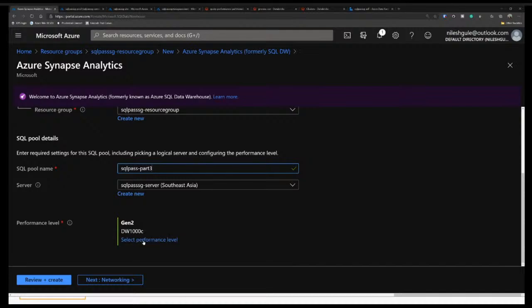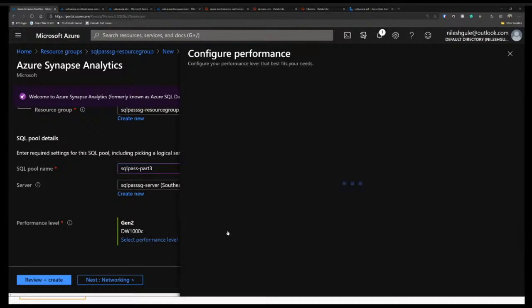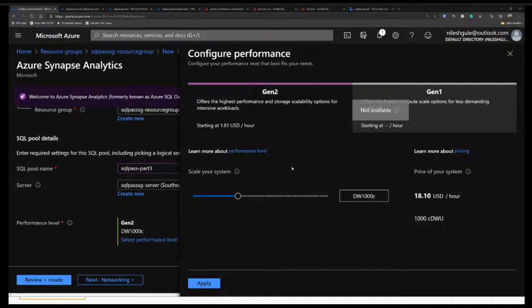And then we choose the performance level. This is where we choose the level of parallelism we need, and based on that, the initial size of our SQL data warehouse is created. This is called data warehouse units, or DW units. Based on the size of the data warehouse units we choose, we are charged per hour.